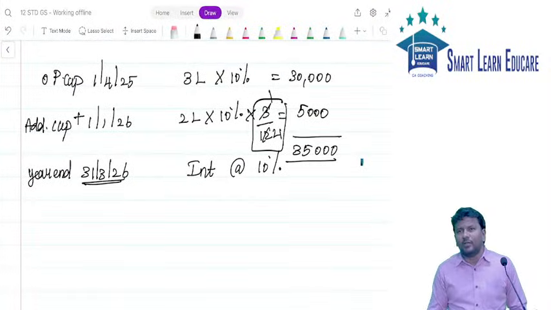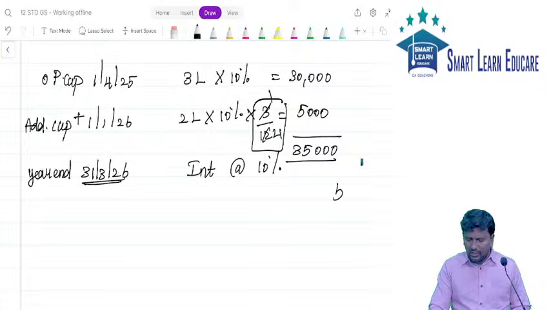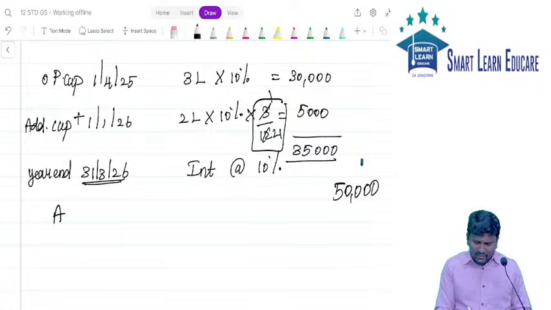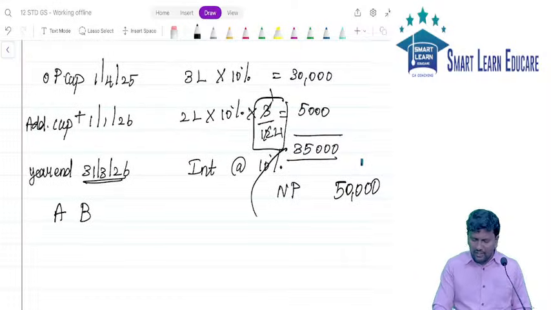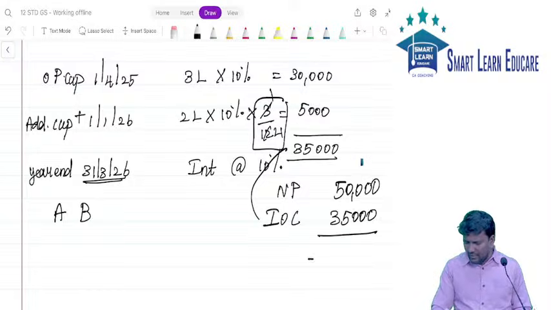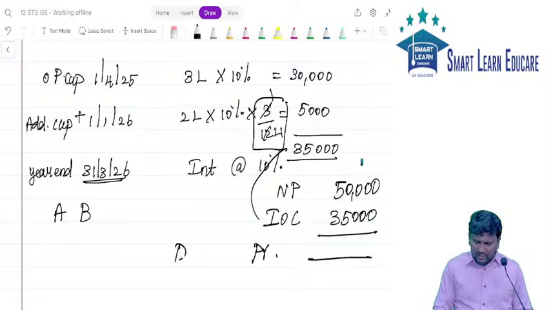For example, assume the firm earned a profit of 50,000, and we have two partners, A and B. In net profit, assume we have to give interest on capital of 35,000. It means after paying interest on capital, we end up with a share of profit called divisible profit. 50,000 minus 35,000 will give you